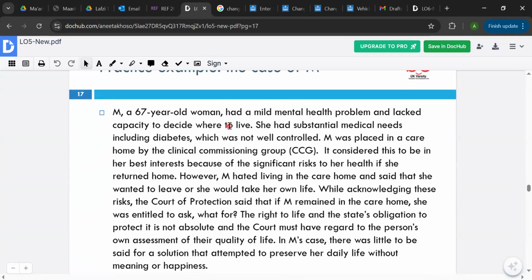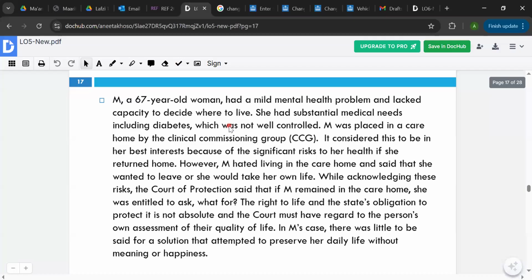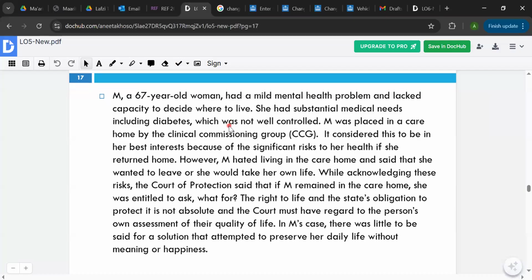So M is a 67-year-old woman. This is a practice example. She had a mild mental health problem and lacked capacity to decide where to live. She had substantial medical needs that included being a diabetic, which was not well controlled. She was placed in a care home by the clinical commissioning group. It considered this to be in her best interest because of the significant risks to her health if she returned